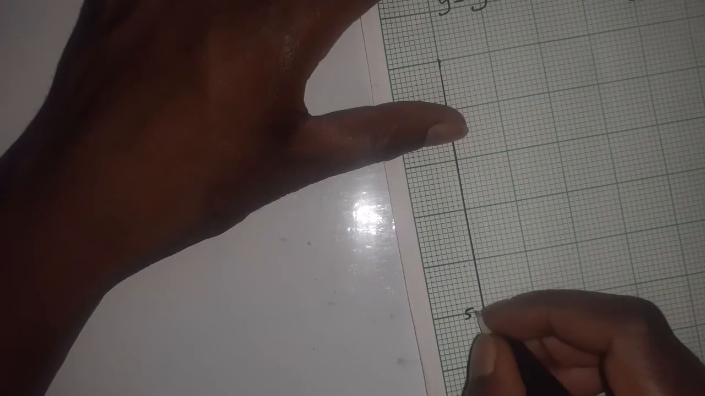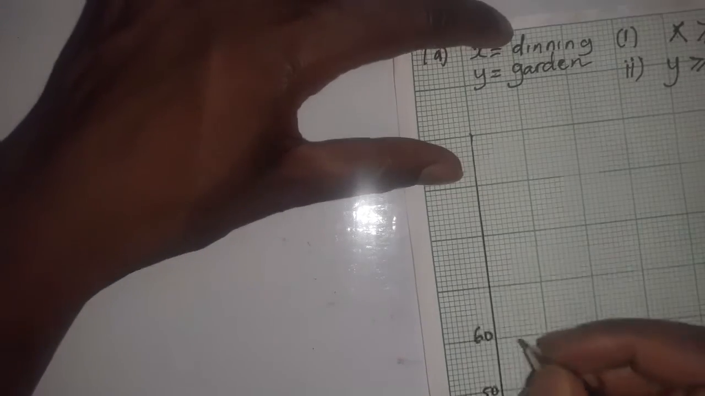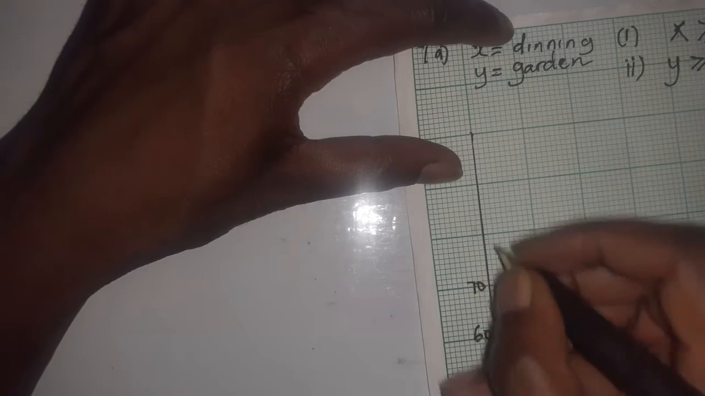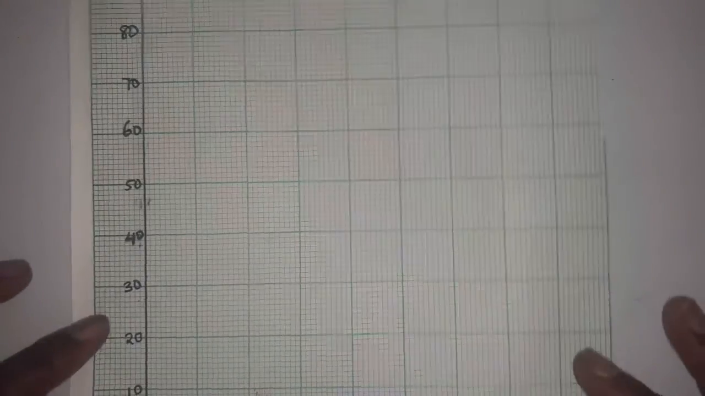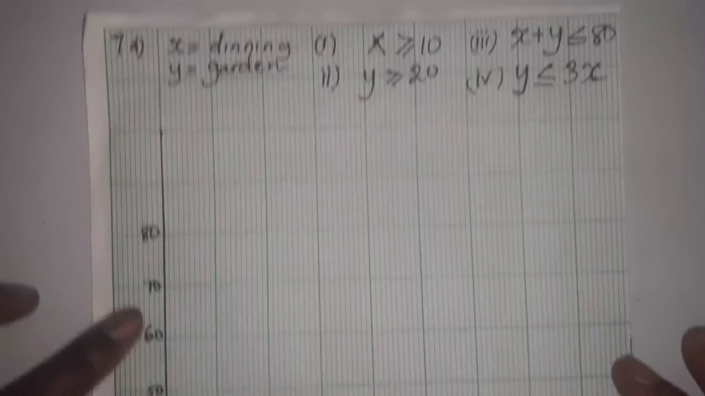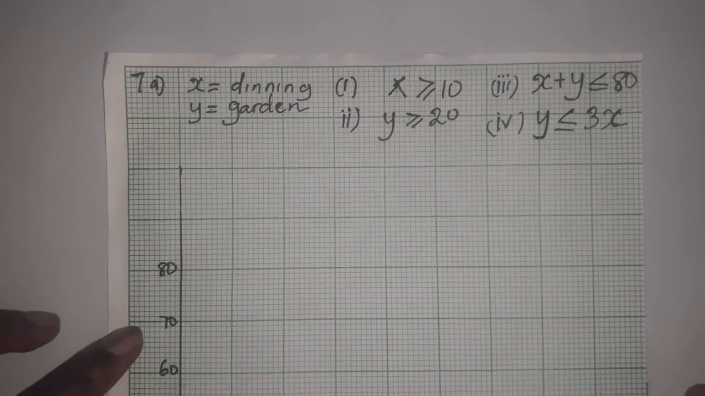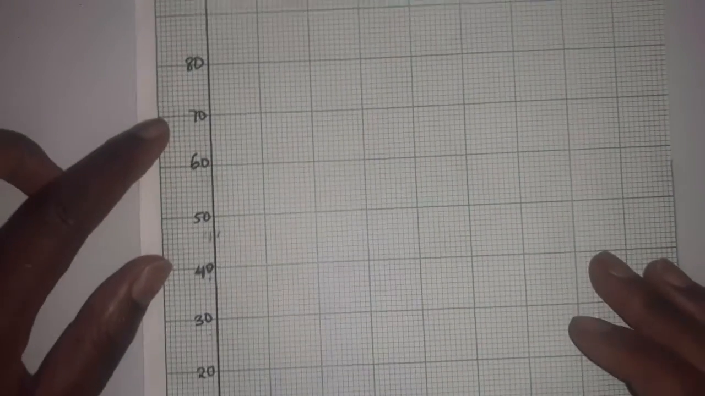Here, we are starting with what? 10, 20, 30, 40, 50, 60, 70, and 80. Okay? This is how our graph paper is going to look. Remember, we have the inequalities there. So now we need to start